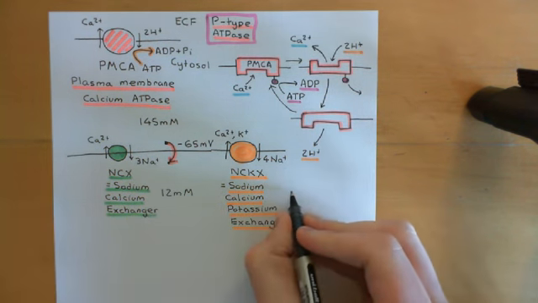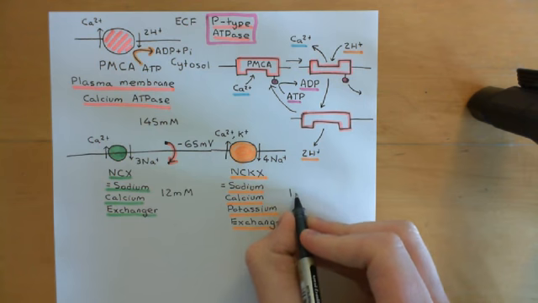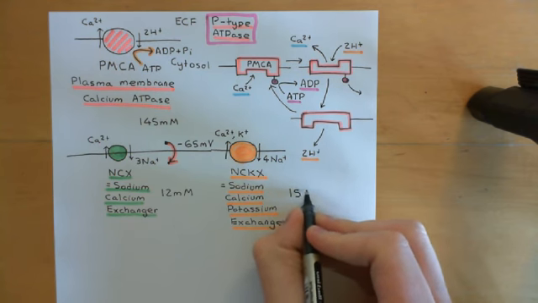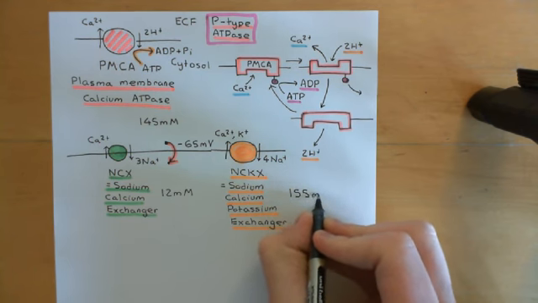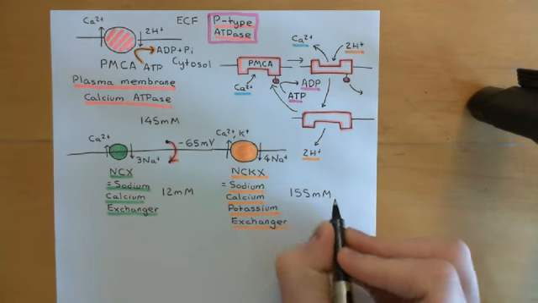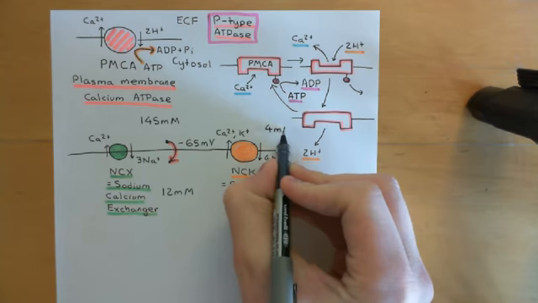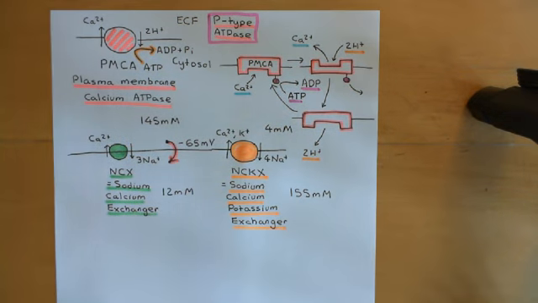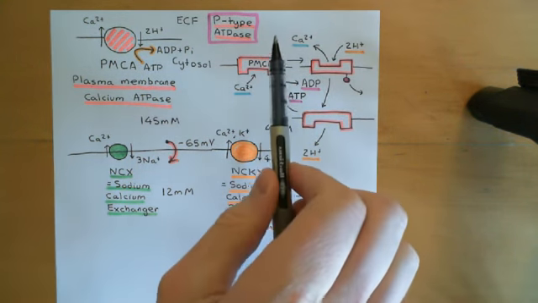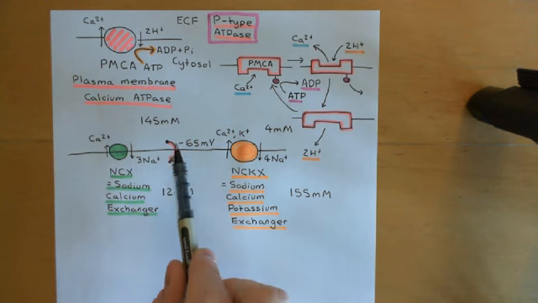Let me tell you the concentration gradient for potassium. The concentration of potassium intracellularly is usually around 155 millimolar. The concentration of potassium extracellularly is usually around 4 millimolar. So it's around a 40-fold gradient usually for potassium, favouring its movement out of the cell. So a strong concentration gradient saying go out. But of course we have to remember there's the electrical gradient,